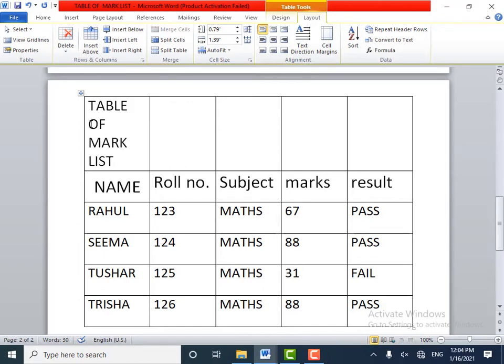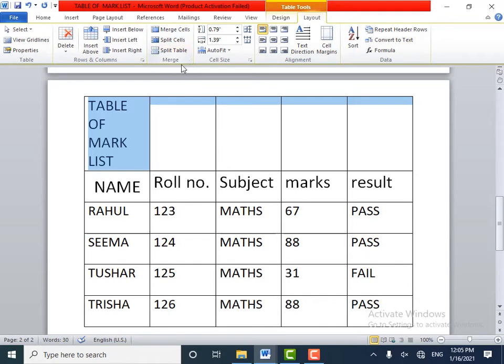So how do I merge all the cells? Simply select the cells here like this, then go to the Layout tab under Table Tools and go to the merge group.